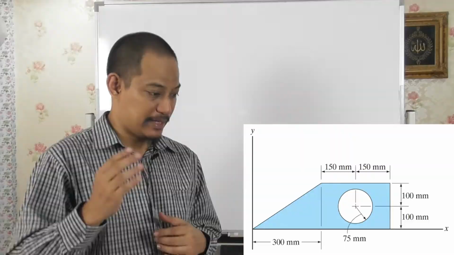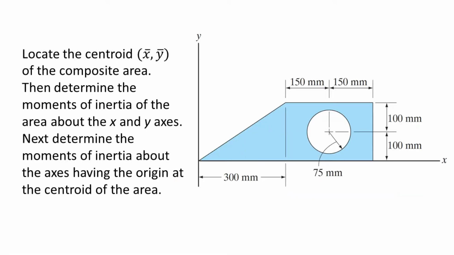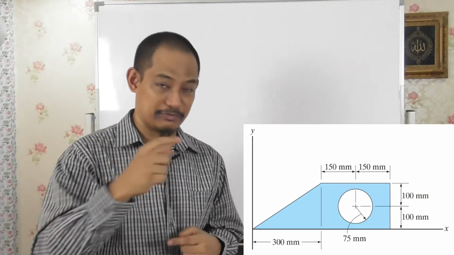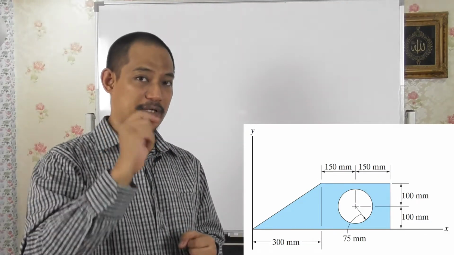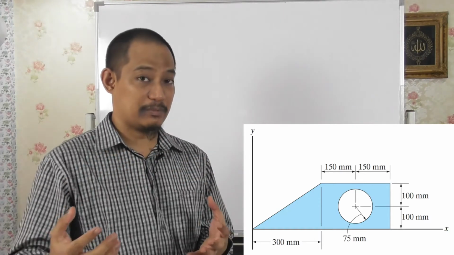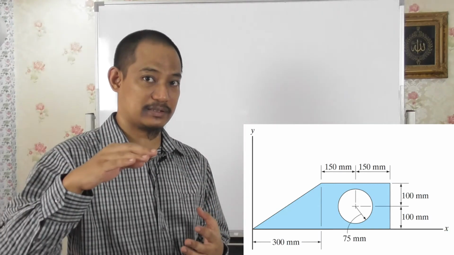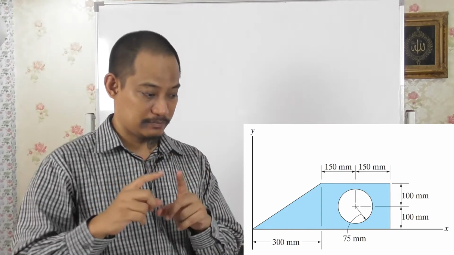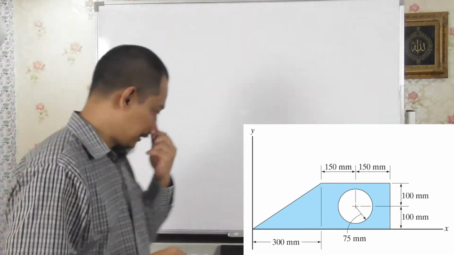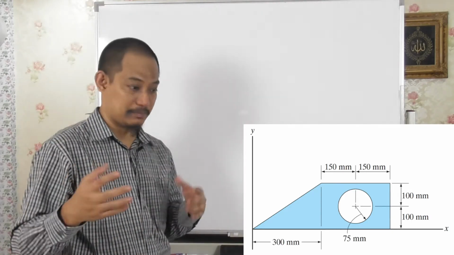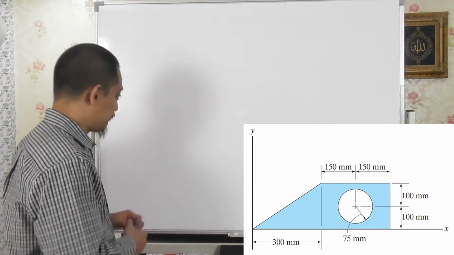But the third part, next, determine the moment of inertia about the axis having the origin at the centroid of the area. Meaning this refers back to the first part, when you have located where the centroid is, determine the moment of inertia about the axis that goes through that origin, where the origin is the centroid. Meaning what? Meaning that in the first part,